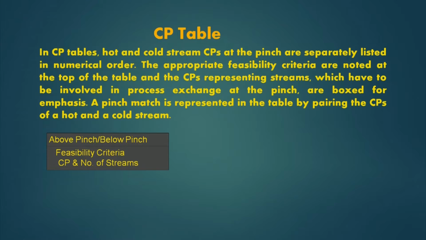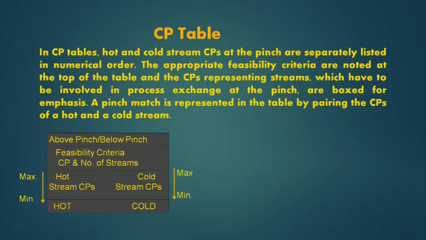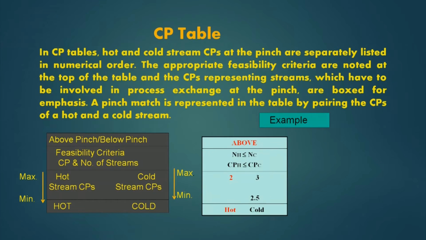Now, first we write down whether it is above pinch or below pinch, then we write down the feasibility criteria related to CP and number of streams, and then we enter the hot stream CPs and cold stream CPs from maximum to minimum, and then we write down here the hot and cold stream. An example will be this table which shows